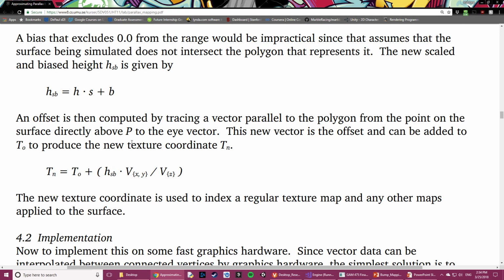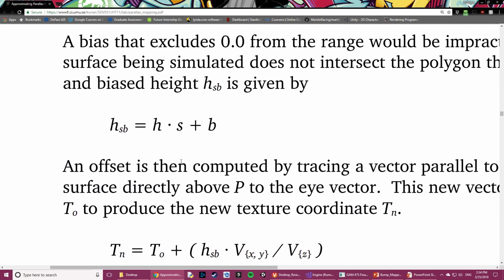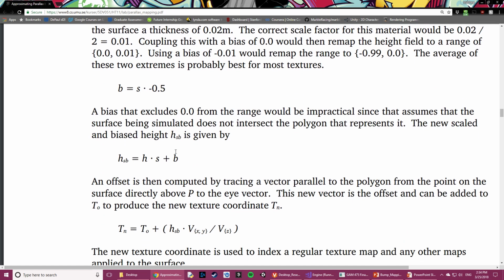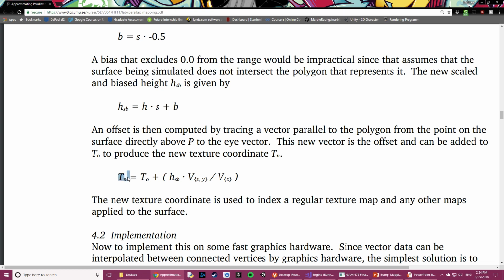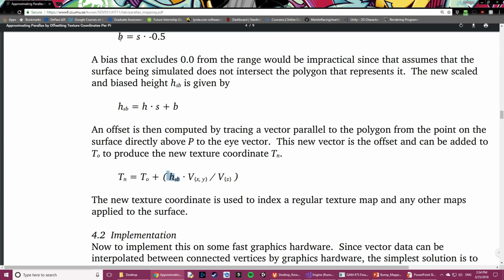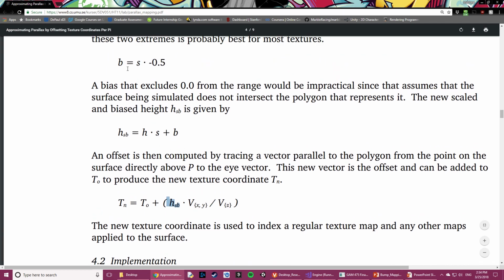So essentially, this is the equation to calculate it. Okay, so the new texture coordinates are equal to the original texture coordinates plus the offset. And to calculate the offset, what this paper is actually doing is explaining a new way to calculate the offset. This is the original one, which basically takes the height, which is scaled and biased by tweakable values, which it explains up here, and then